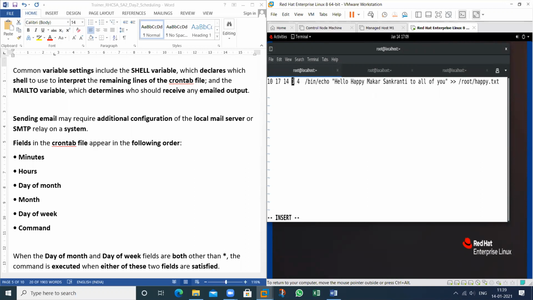This is for January. It means I will show this again. This means minute, it means 10. This means 17, it means hour. This is my date. And this indicates Jan.